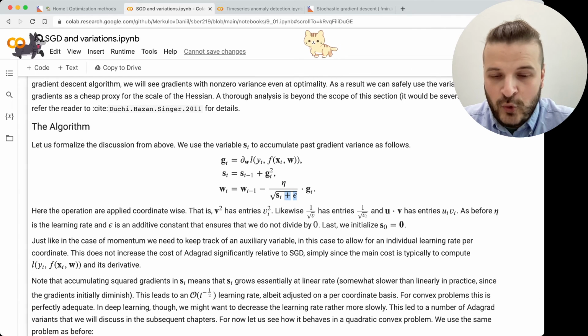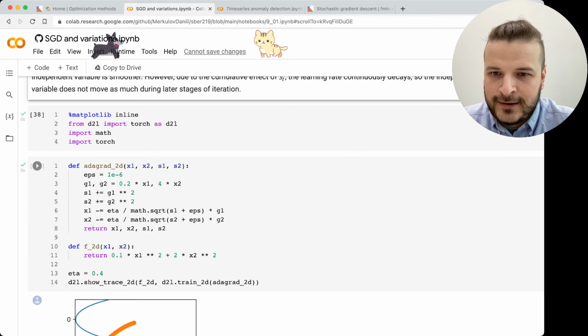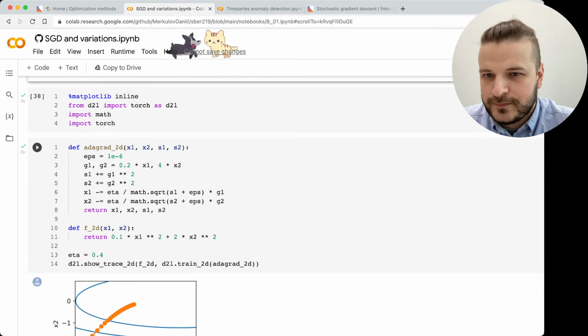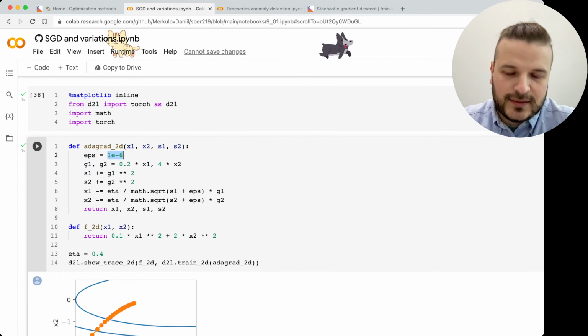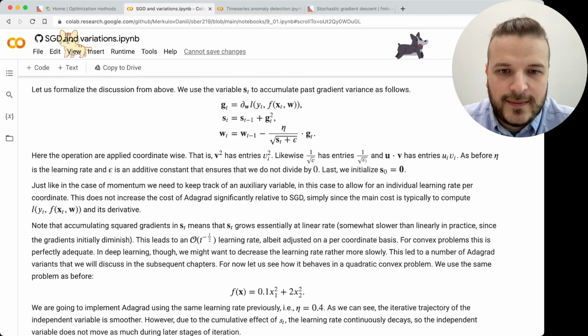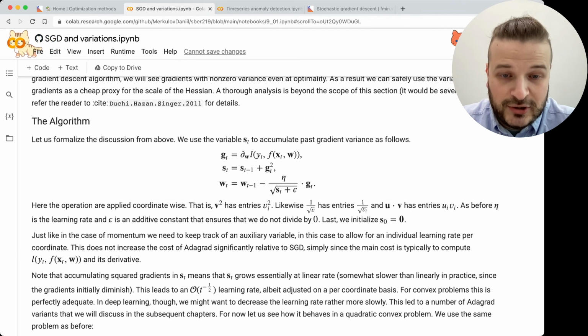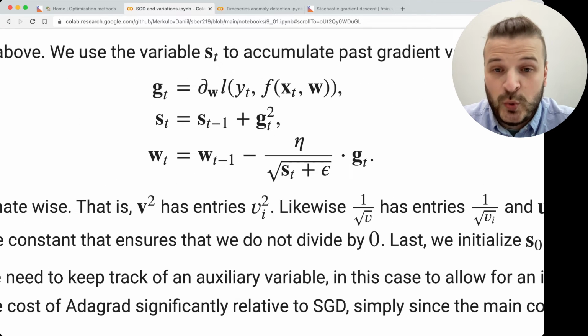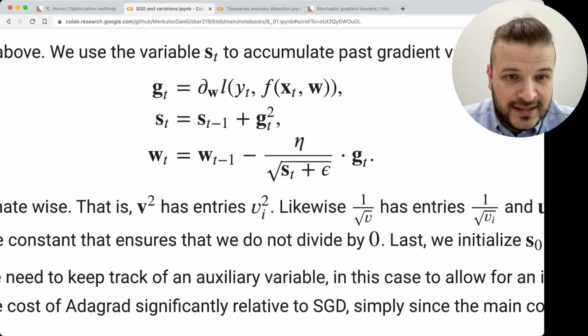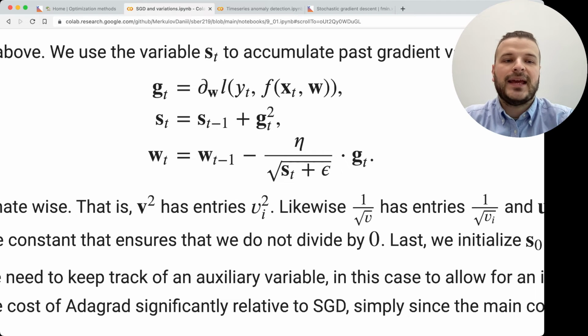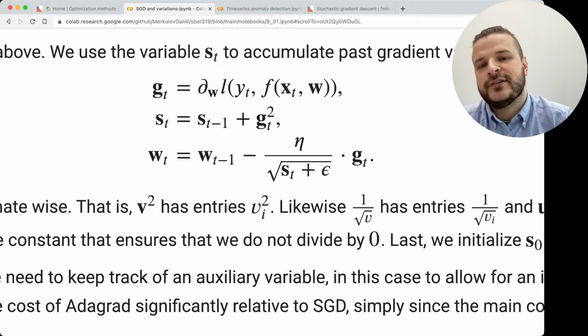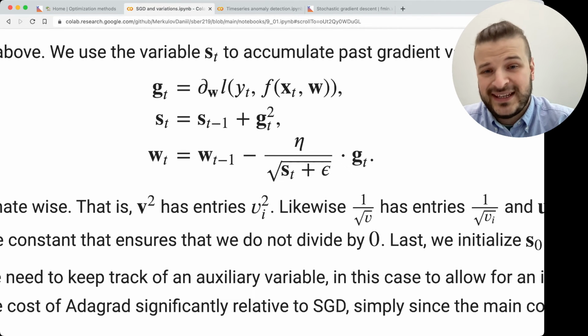Epsilon is a very small constant here. For example, epsilon here is 1e minus 6. That means that you can just skip it. And again, what do we have? For weights updating, we're using anti-gradient, but the learning rate is adapted using some historical information which was accumulated in this